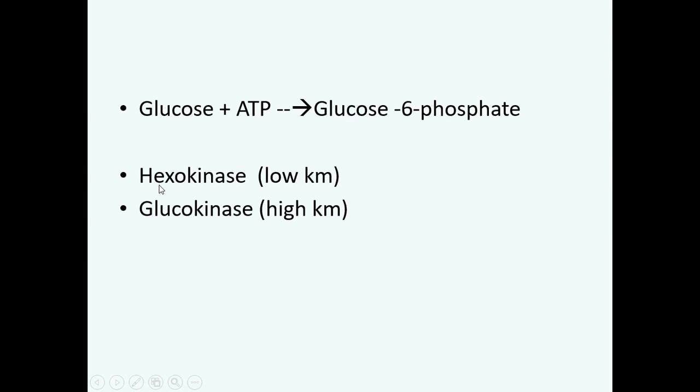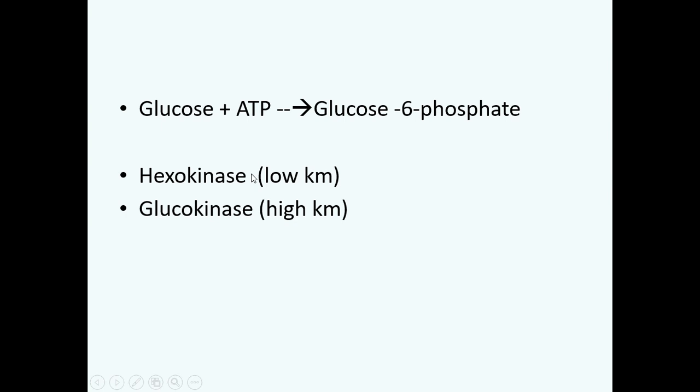Hexokinase is an enzyme which acts upon hexoses. Hexokinase can carry out the conversion of many different types of hexoses, whereas glucokinase is specific only for glucose. Both hexokinase and glucokinase can carry out the phosphorylation of glucose to convert it into glucose 6-phosphate. Hexokinase is found in many different types of cells of the body, and glucokinase is mainly found in the cells of liver. Hexokinase has a low Km value, which means that this enzyme can carry out the reaction at a